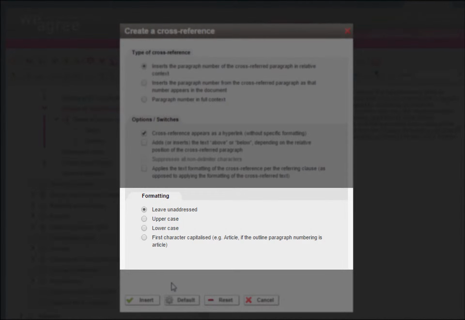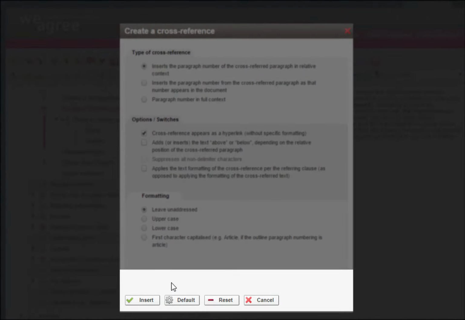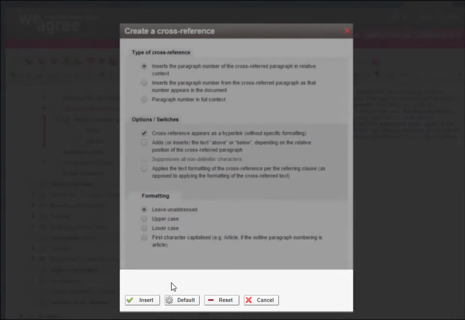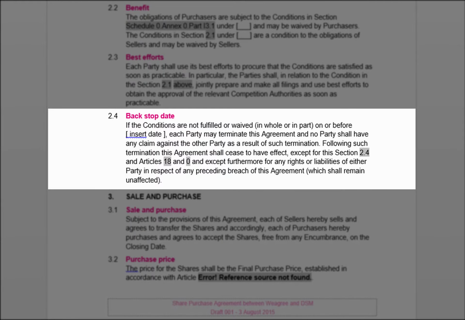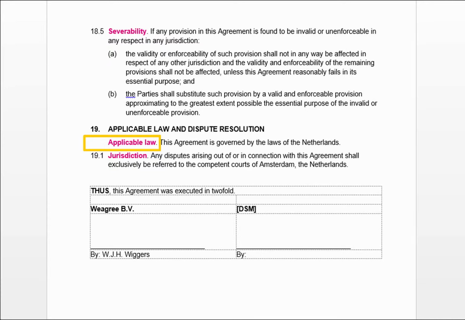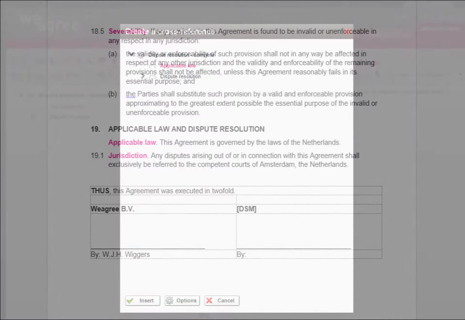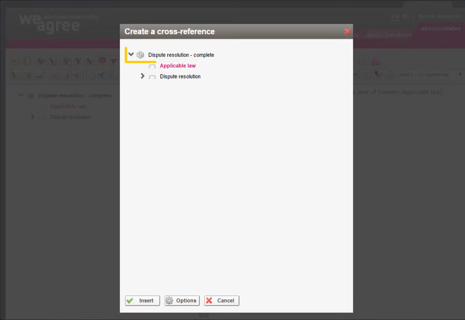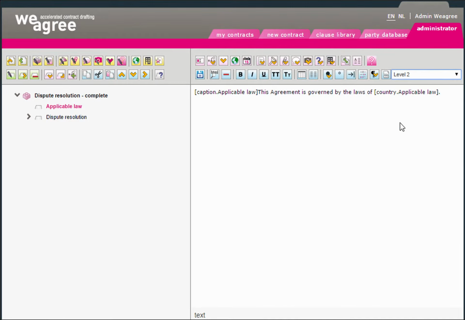Occasionally, it may be important to format the cross-reference in lowercase or otherwise. This can be forced by ticking the option lowercase, uppercase, or initial capitals. If these options are to be the default parameters for all cross-references, set them accordingly, or reset them to Weagree's default settings. If the resulting Word document refers to Article 0, this is typically due to the fact that the style numbering of the referred to clause is a non-numbering clause. In such case, either refer to the article heading preceding the paragraph, or set the section styling to a numbering